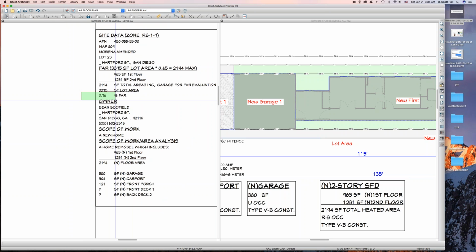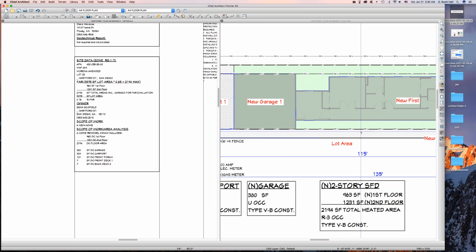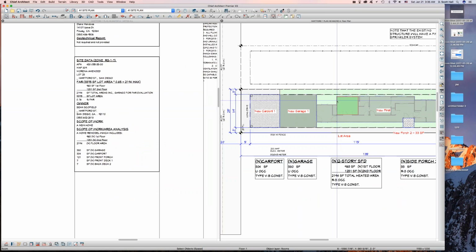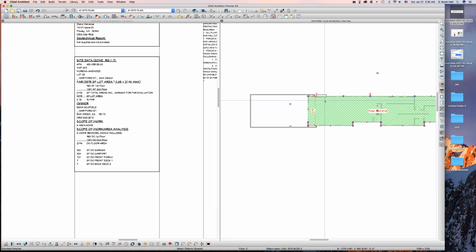Unfortunately, my floor area ratio still exceeds the maximum. I'm not sure, maybe I did something else. But anyway, the point is, when I meet with my client and we say we're 10 square feet over, I can come up here to the second floor area, and I can